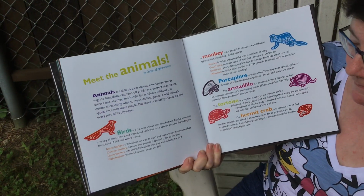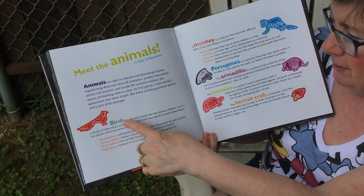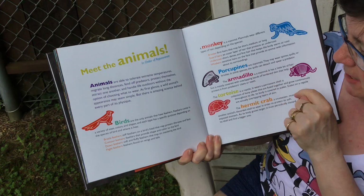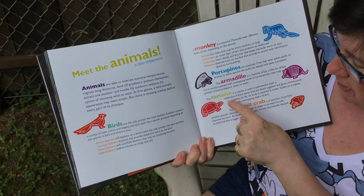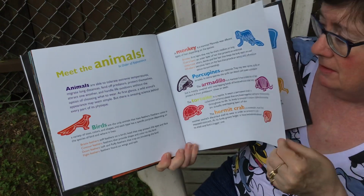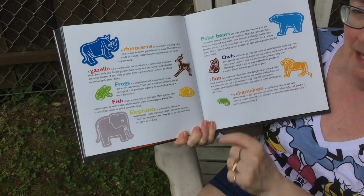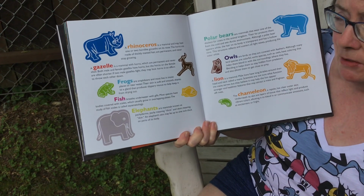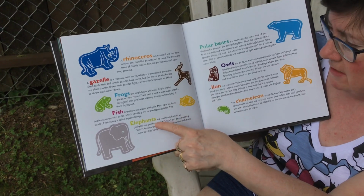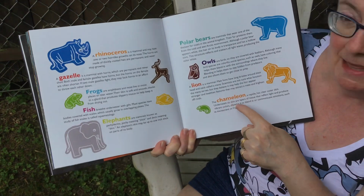Meet the animals. And here in the back of our book talks about birds. Monkey is a mammal. Porcupines, armadillo, tortoise, hermit crab. Hermit crabs hide in shells. Rhinoceros. Oh, a gazelle. I thought that animal was an antelope. It's actually a gazelle. Frogs, fish, elephants, polar bears, owls, a lion, the chameleon,